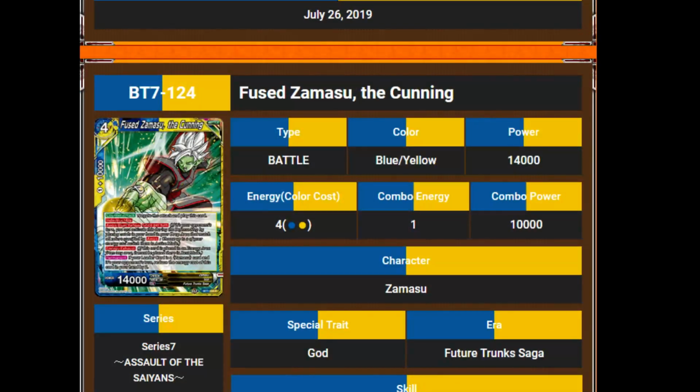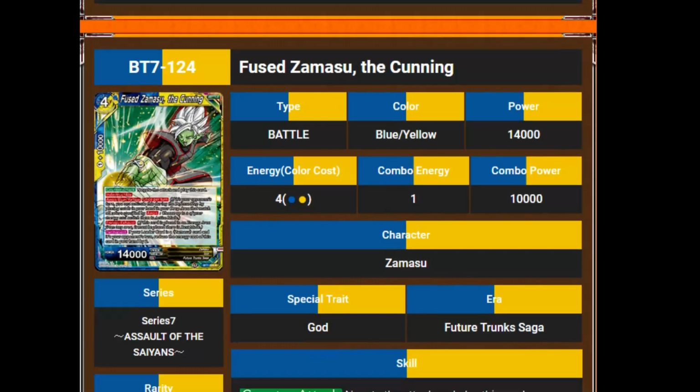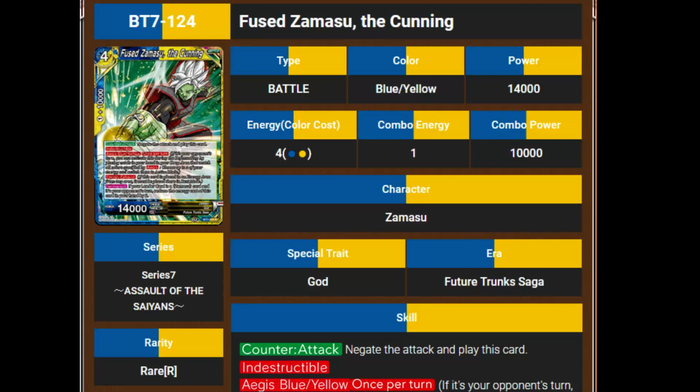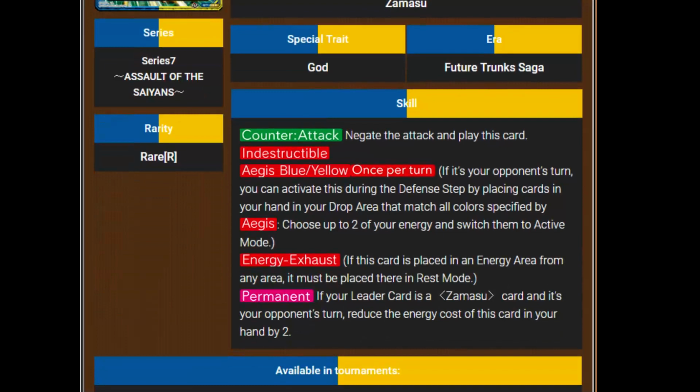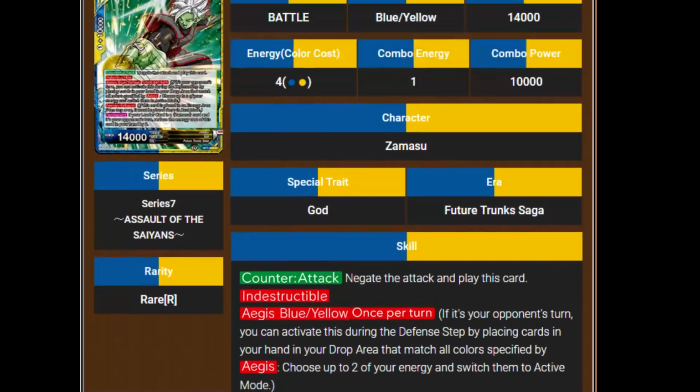Then we have Fuse Zamasu the Cunning, which is Zamasu before he started deforming himself. He's a 4 cost 14,000 power. That's a number we haven't seen yet. Counterattack and negate the attack and play this card. He's got Indestructible, Aegis Blue, Yellow, Energy Exhaust, and it's permanent. If your leader card is Zamasu and it's your opponent's turn, reduce the energy cost of this card in your hand by 2. So, you could basically play him...